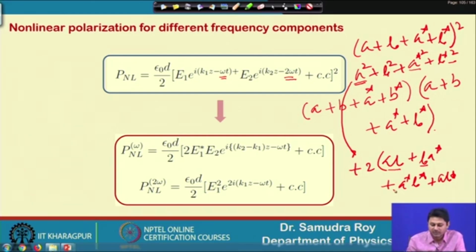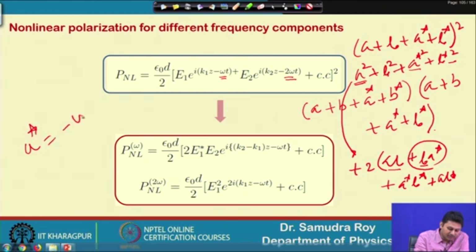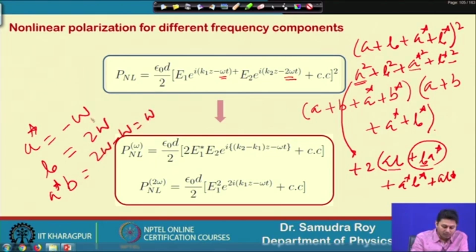And how do you get the frequency component of omega? Very easily you can find that if I make A star B, which is this term, then what is the frequency component? A star has a frequency component of minus omega, B has a frequency component of 2 omega. If I add it, A star B will have the frequency component 2 omega minus omega, which is omega. Why add? This multiplication, the frequency component is inside the